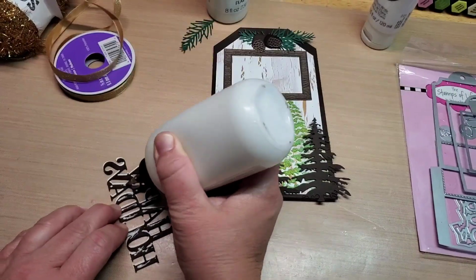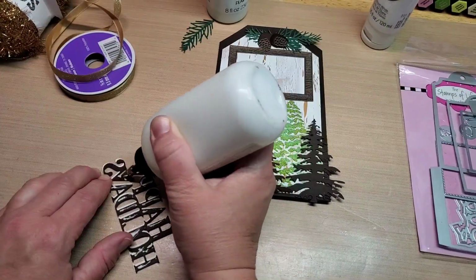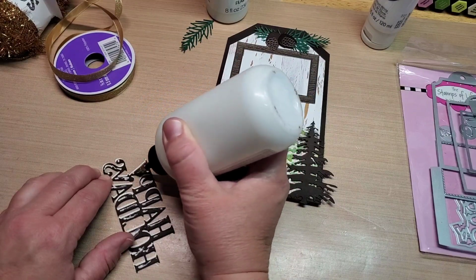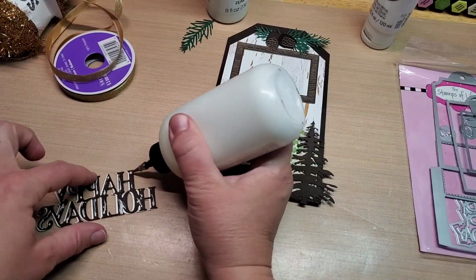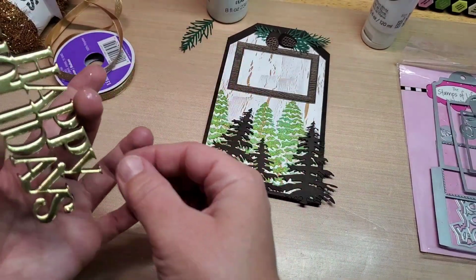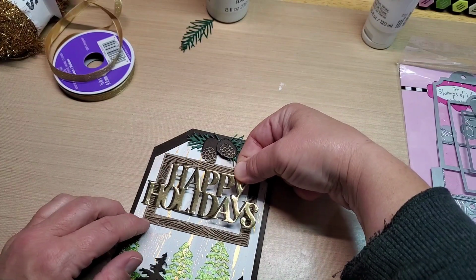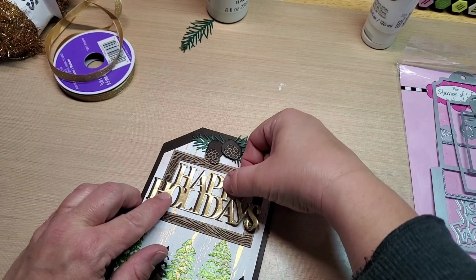Yeah, these tags are so fun to make, and I really like giving them, especially when you just don't know what to get the person, especially family where you're not around them all the time. You're just like, gosh, I have no clue, you know. But it's fun to be able to